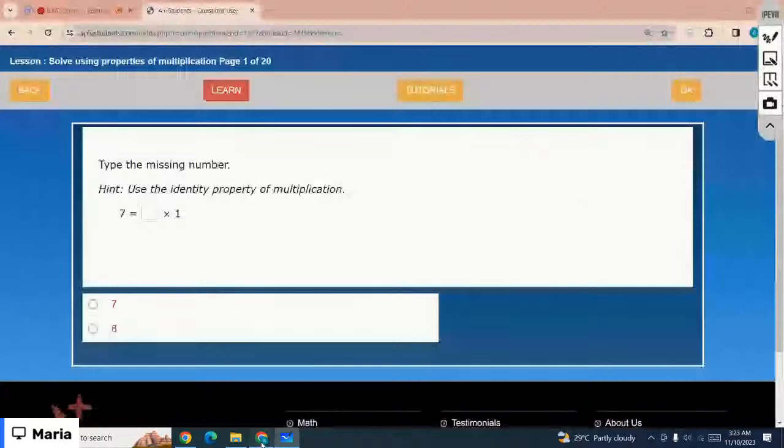Okay, type the missing number. Which number is missing? Use the identity property of multiplication. 1 times what number makes 7? We're given two of the options, 7 and 8. Which is the correct option? 1 times what number is 7? 1 times,